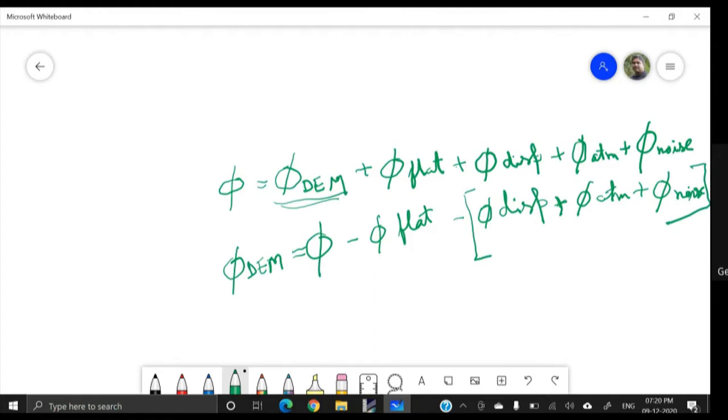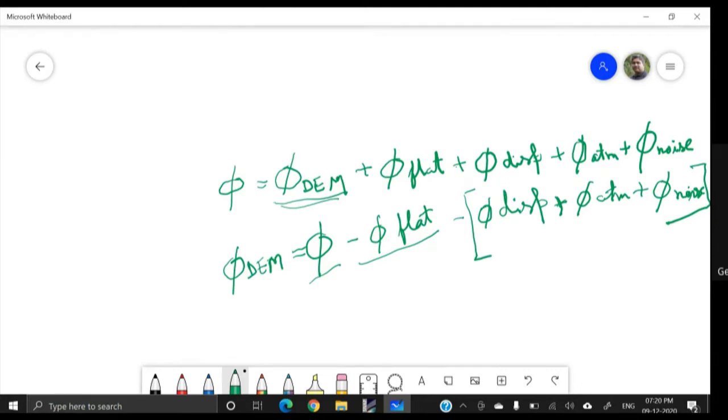Third bracket close. So this is the case. Now see, if we subtract the flat terrain phase from the measured phase, then we can determine the terrain variation. But we have some other phases also there.